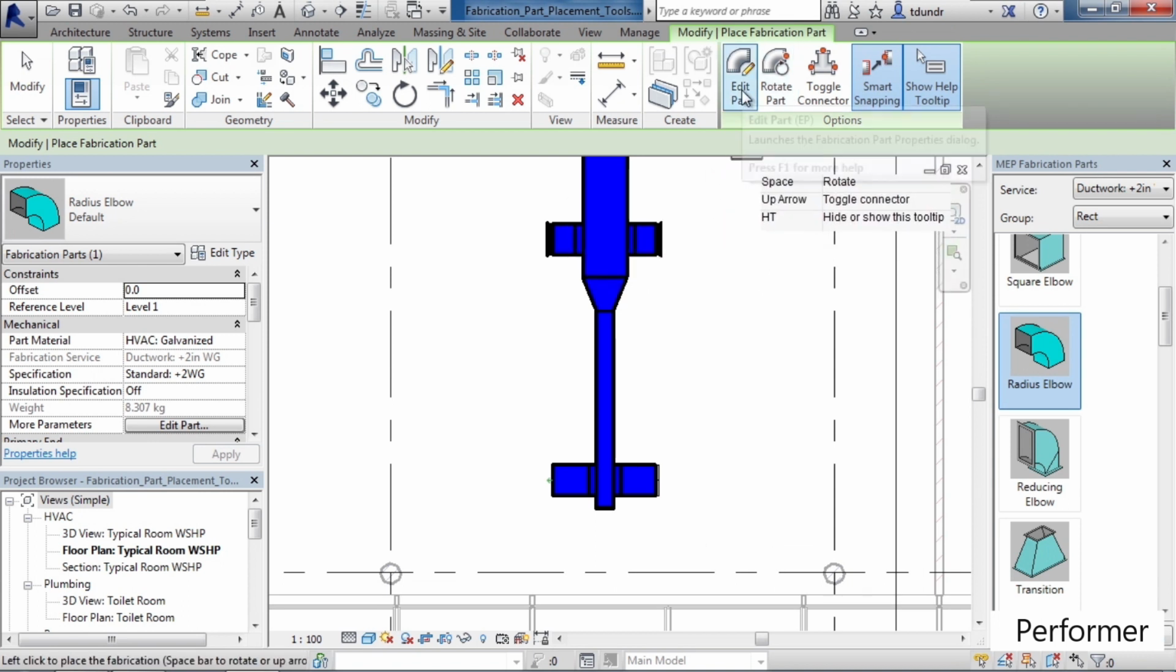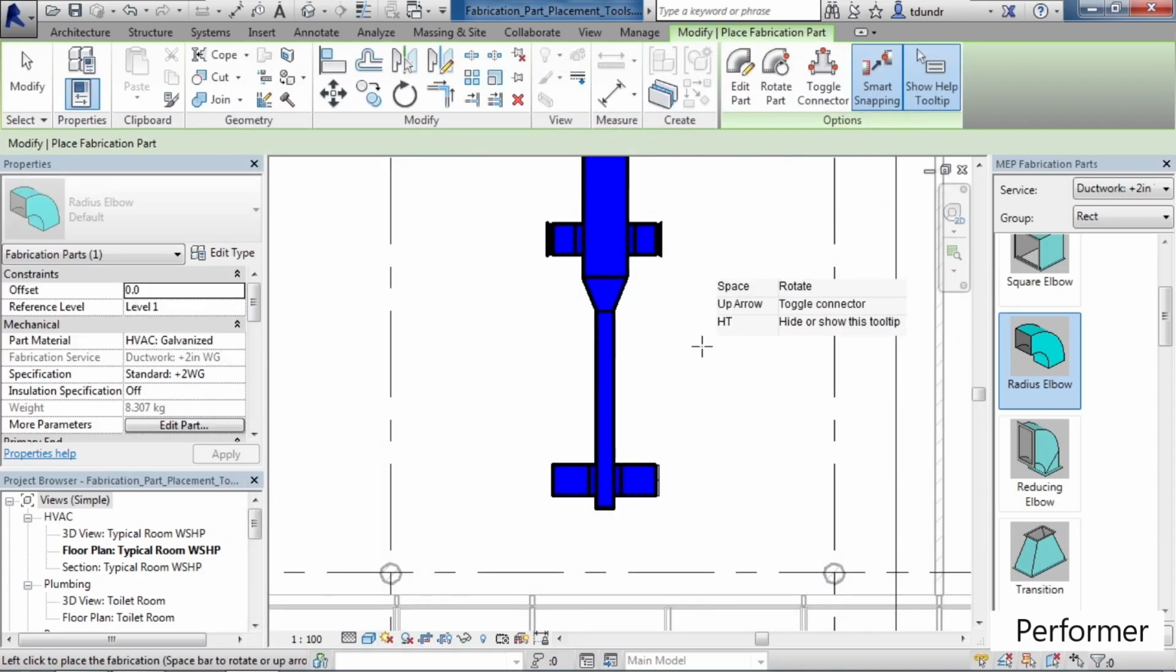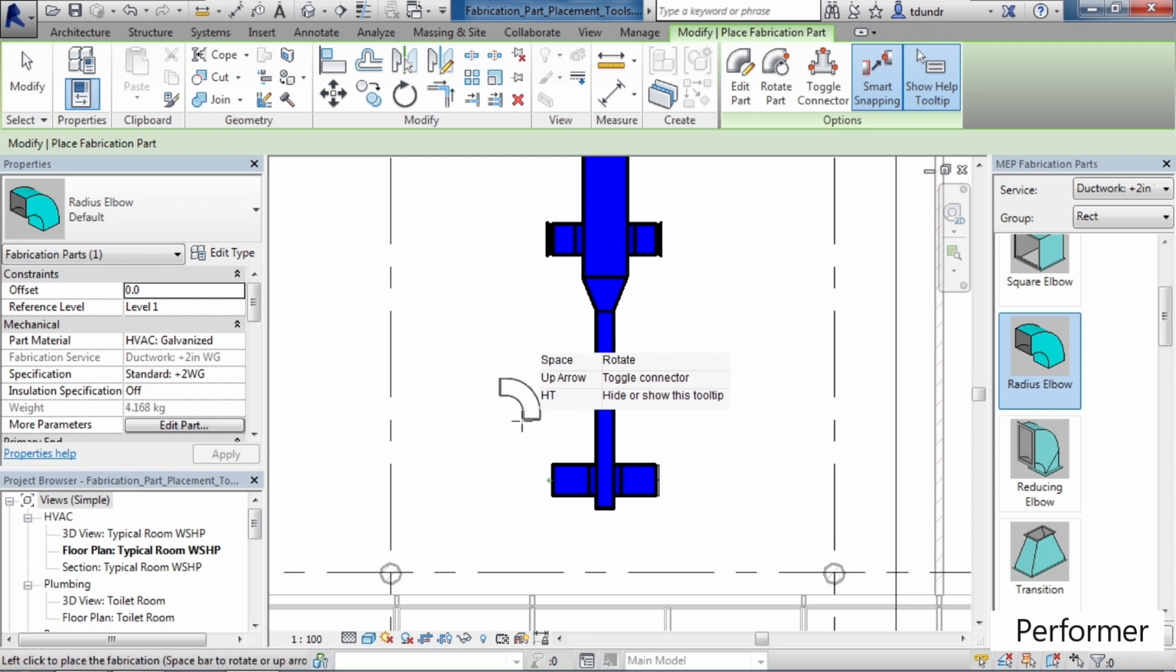Edit part will actually open the part and allow you to edit its values in settings. Here you can see the various dimensions and connector options for editing the actual part. Click Cancel on the edit part. Smart snapping means it'll actually snap to an element or a placement that is connecting or can connect to this type of ductwork. So with these settings set, or as you toggle through those settings, move the actual ductwork over